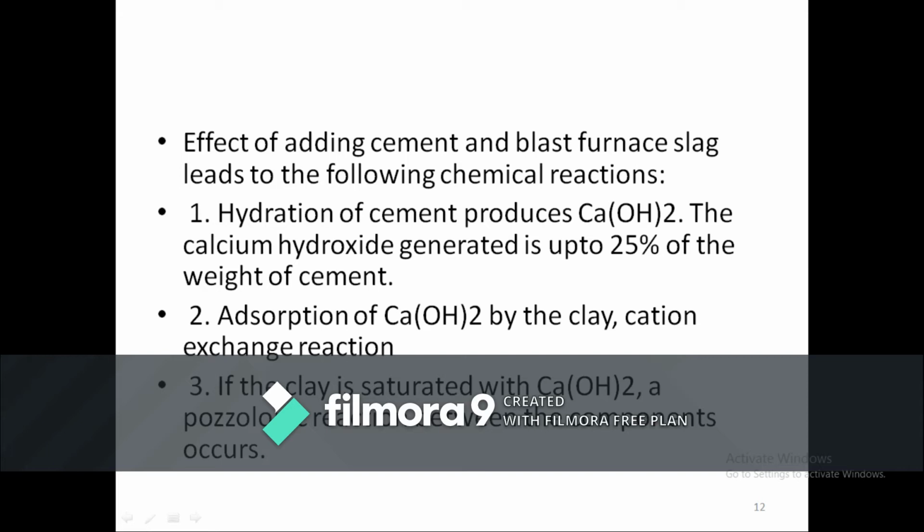This is actually what is happening. That is, when you are adding cement, first one is hydration of cement, next one is adsorption of calcium hydroxide by the clay, next one is formation of a pozzolanic reaction. All these three things will be taking place, and these three things result in bondage of soil plus cement.